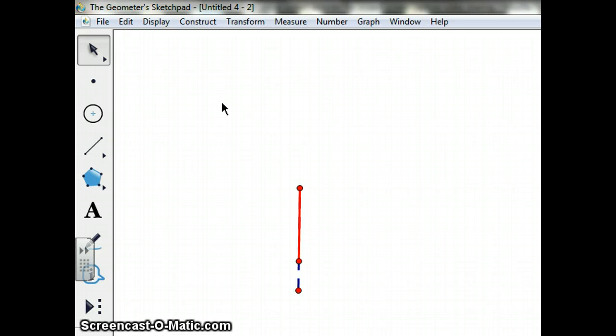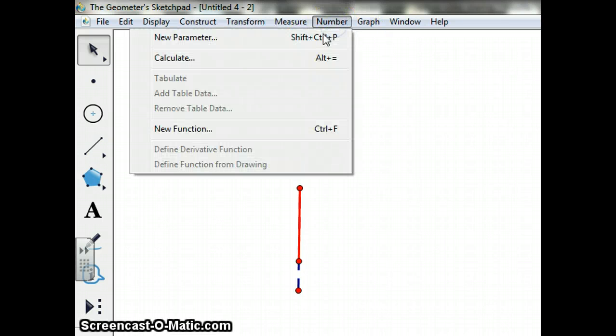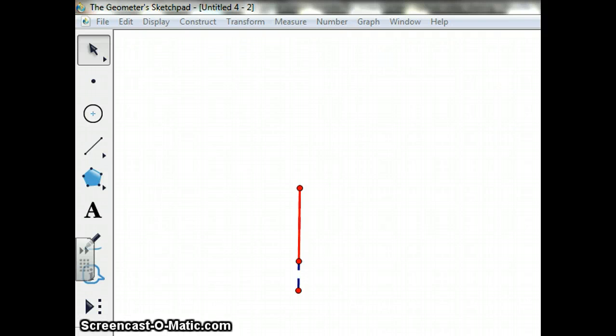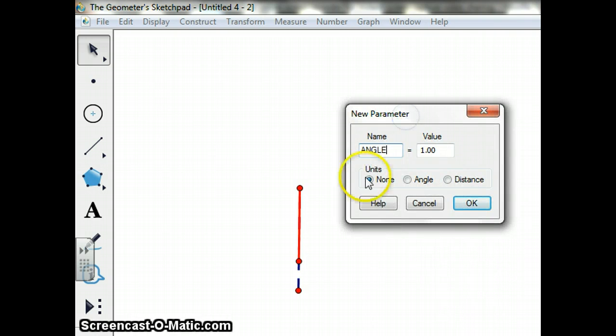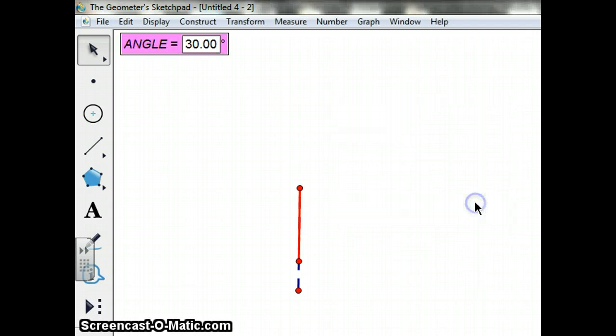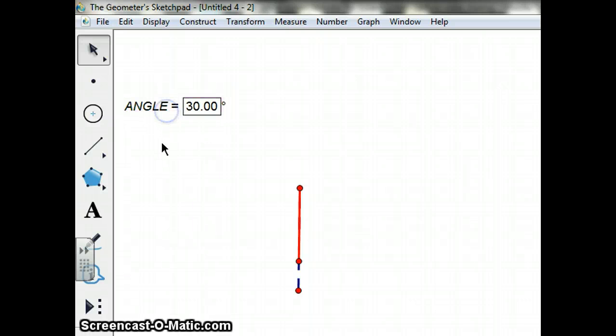But in order to do a rotation, I also need an angle measure. Well, I'm going to create my angle measure to be a parameter. And let's set the initial value to be 30 degrees. Okay, so now I have the parameter called angle, and when I select that parameter under the transform menu, I can mark that as my angle for rotation. So now I have a center marked and an angle marked,